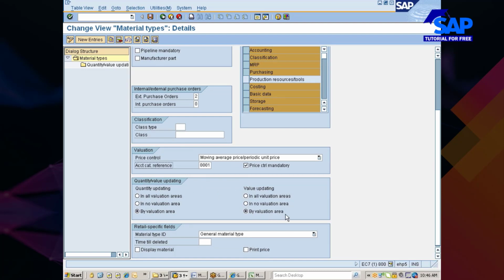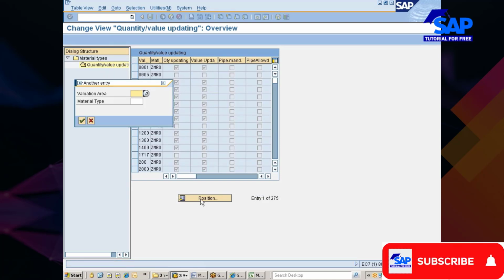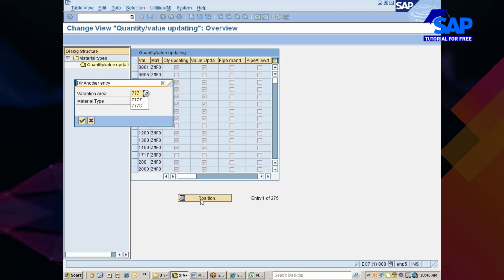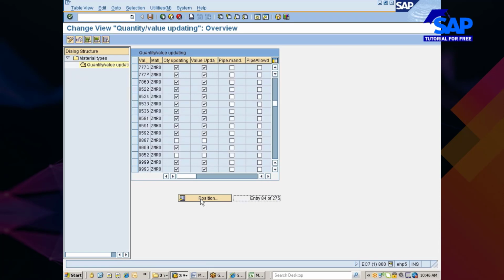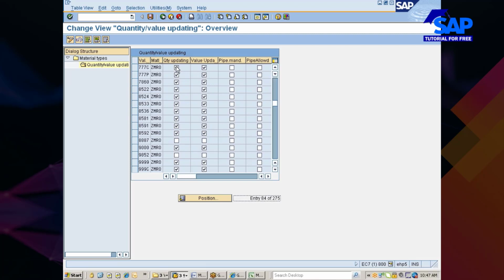It means for your plants 777C, for both of these two plants, if you check this indicator, the material created with reference to this material type becomes a stock material, and whatever you do on the stock of the material gets reflected in the stock positions.